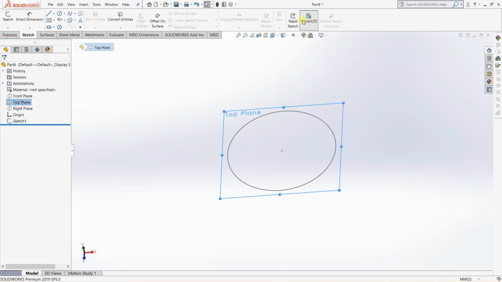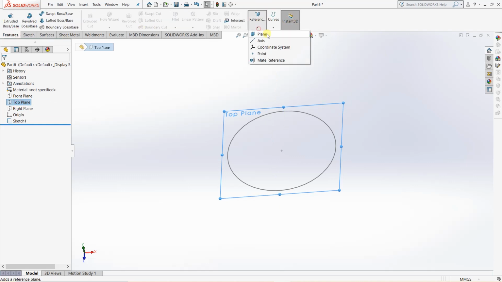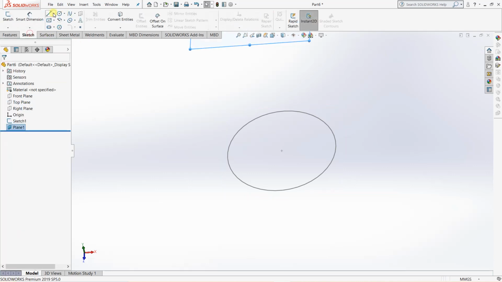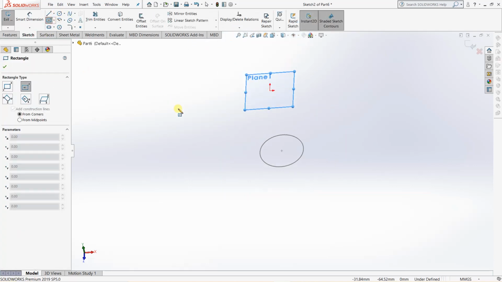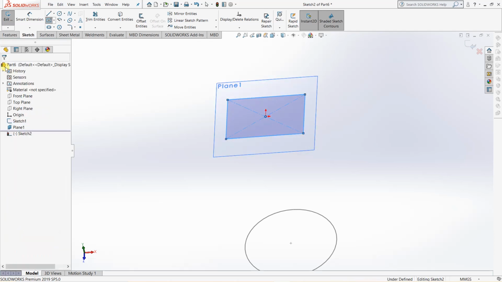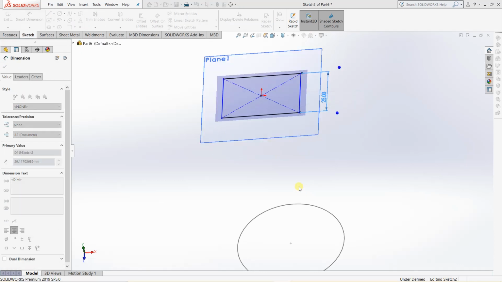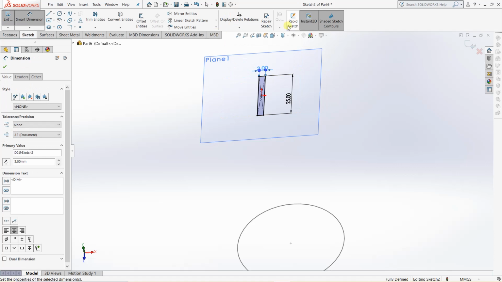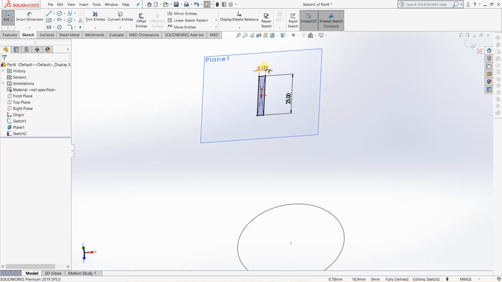We will first create the plane at 100. In this sketch we will create a center point rectangle. Here we will give the dimension as 25 by, suppose, 30. Let's exit the sketch.